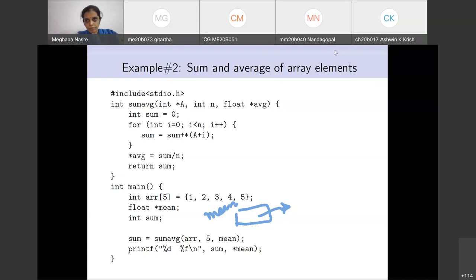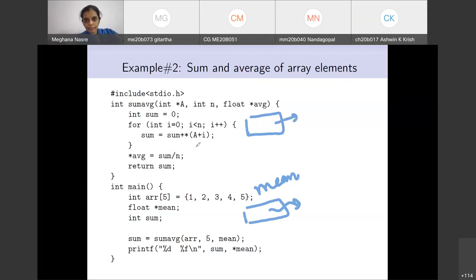So this was the story for mean in main. So this is mean and it is not initialized, so it is not pointing anywhere. The same address is going to get copied here and it is going to start accessing that address